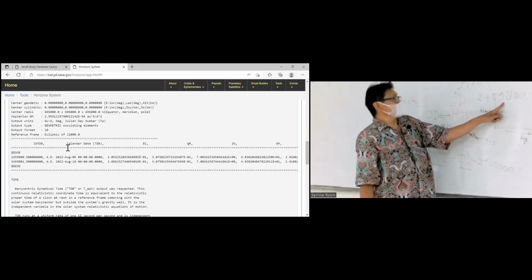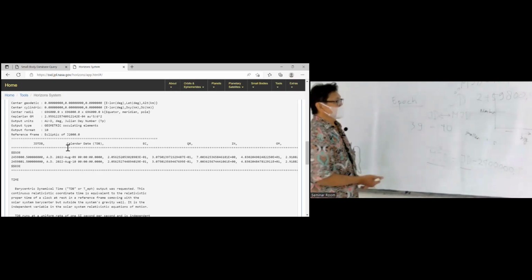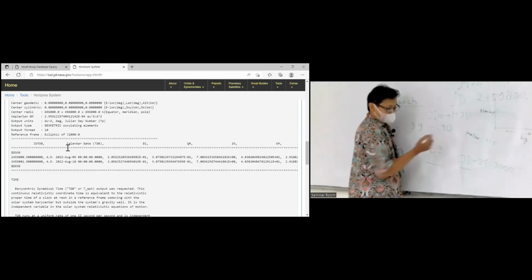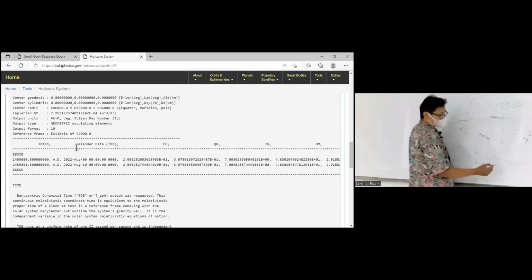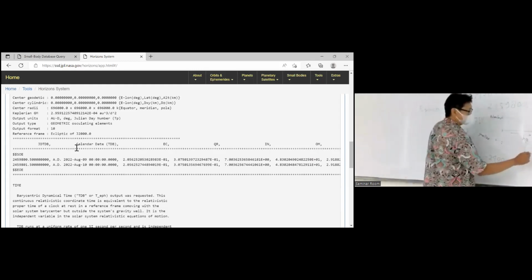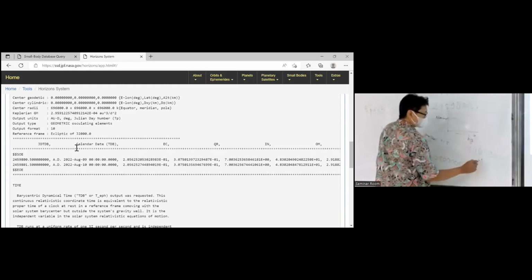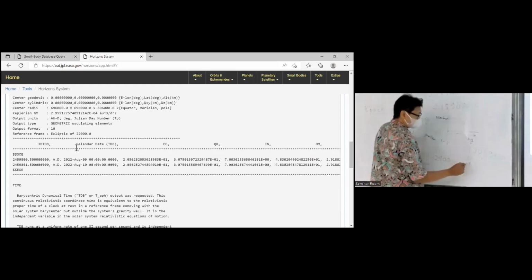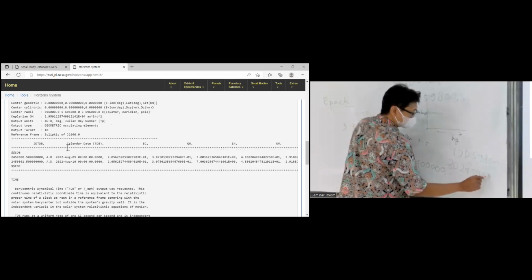So for simplicity, we can use MJD. MJD equals JD minus 2,400,000.5. So MJD 59800 is actually equal to JD 2459800.5.